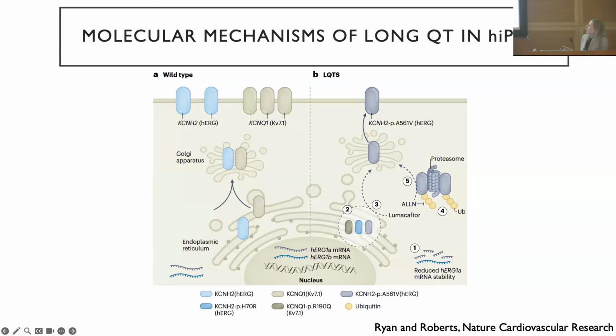And people have really been able to use these mechanisms to think about how we might treat this in a more targeted way than a beta blocker, which is what we generally give these patients. And this is a particularly interesting example, I think. So lumacaftor is a drug that is related to the drug used to stabilize channels for transport to the plasma membrane in cystic fibrosis. And so the goal of this was really to see, can we rescue transport of the channel to the plasma membrane by restoring folding of the channel to its proper structure. And in the iPS cell model, they actually were able to do that. And this drug is currently in clinical trials for long QT treatment.